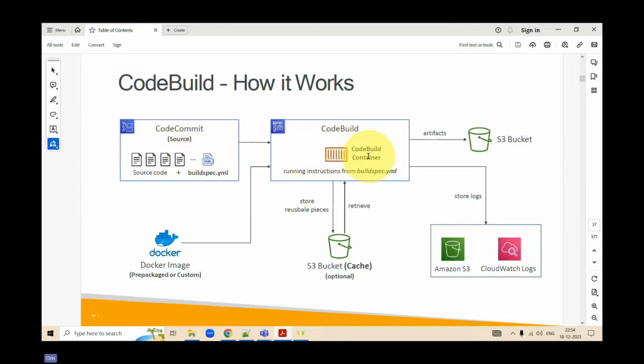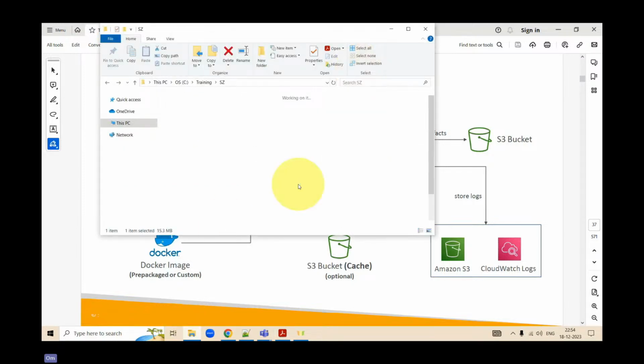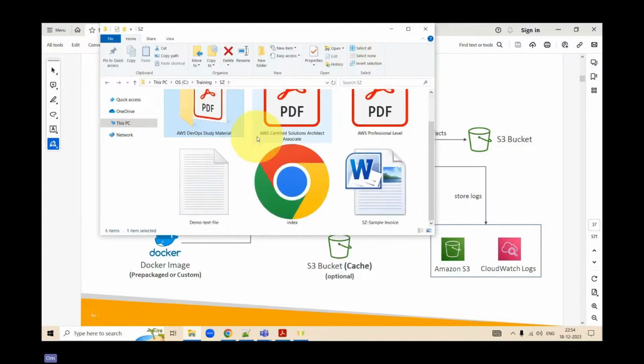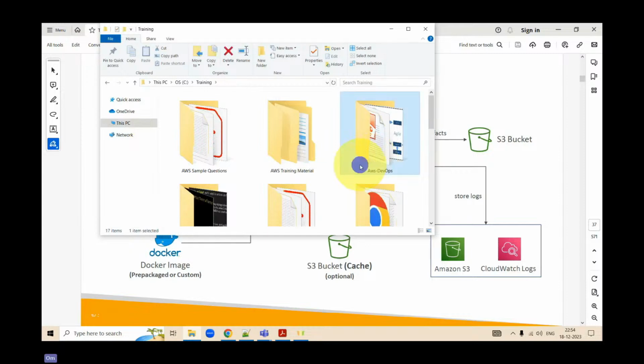Now, when you go for a CodeBuild, you are running that build with all the instructions given in this buildspec.yaml. I'm reiterating what this file is. If you ever see any buildspec.yaml file, it contains all the necessary instructions which are needed for all your applications to run. Clear? Let me just show you one of the buildspec.yaml files.